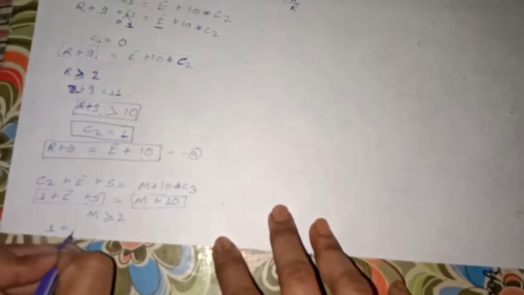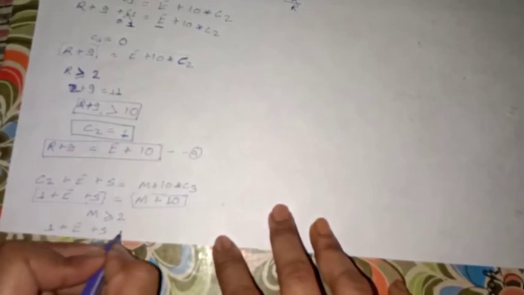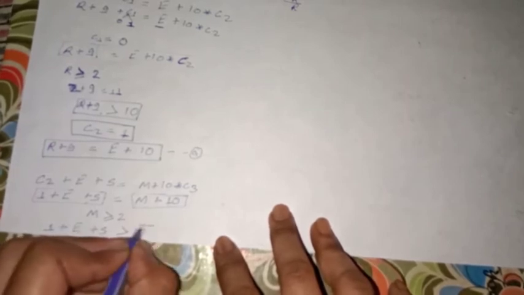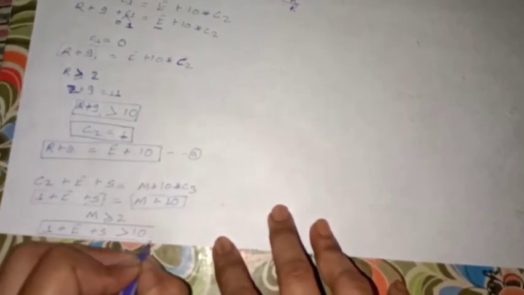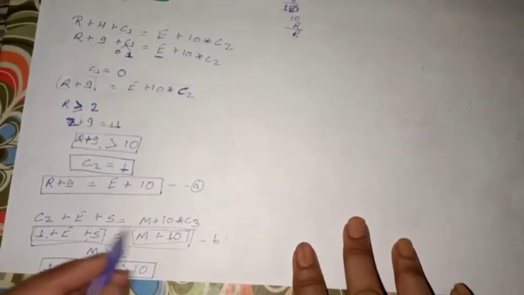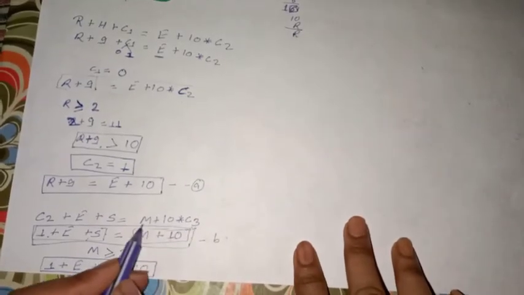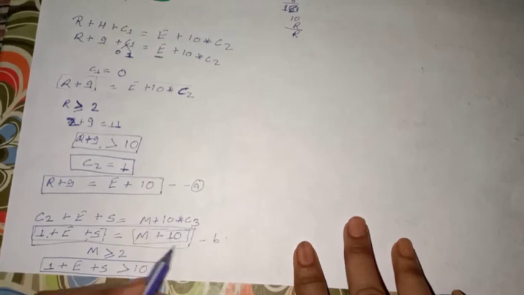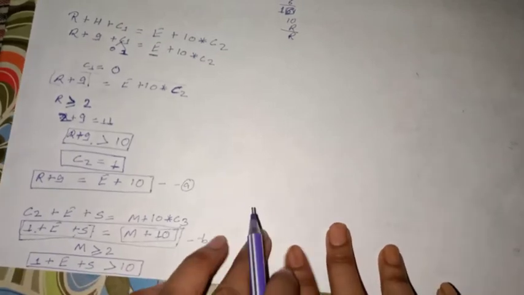That's why the LHS is also greater than 10, that is 1 plus E plus S is greater than 10. We got another conclusion. We assume this equation as equation B. Now we make